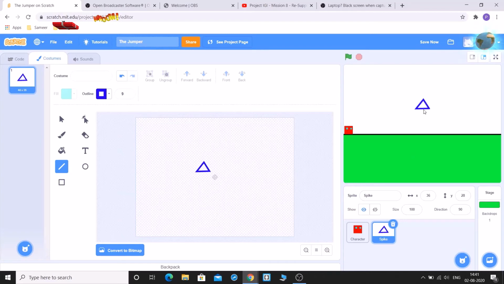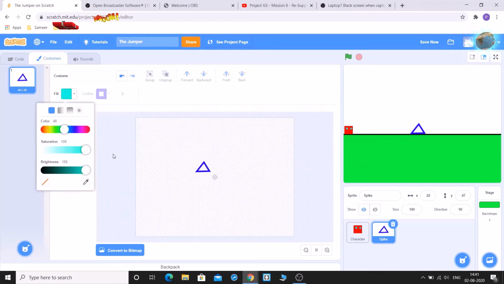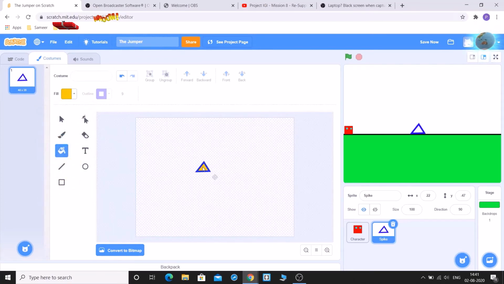I think it is a little bit too. No, it is okay. It's okay. Now we'll fill it with color. It is not important actually, but I like the colors. Now it's okay. So now we want, whenever this character touches this spike, we want it to go back to